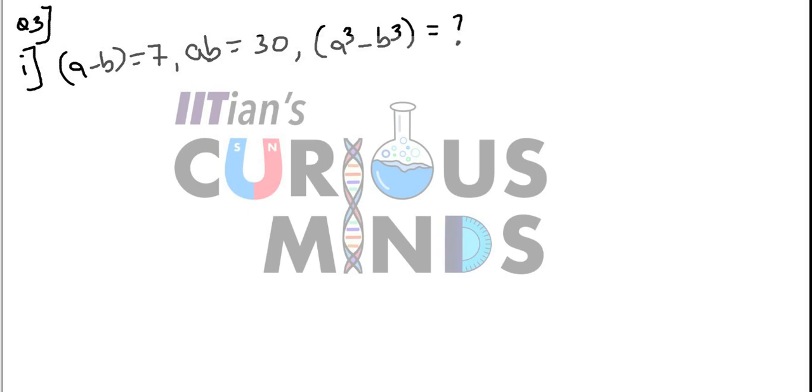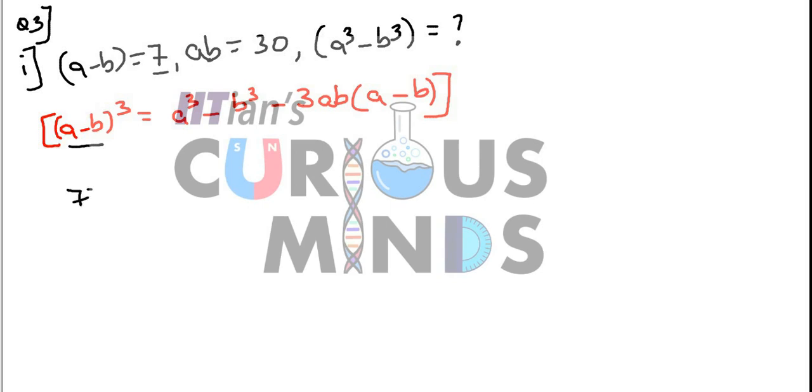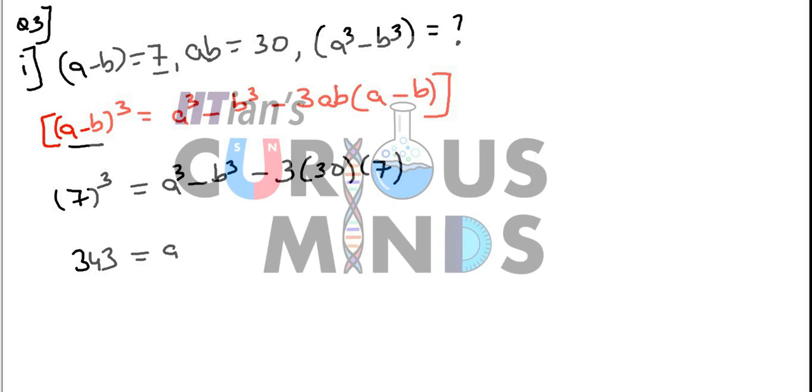We all know that the expansion for a minus b the whole cube is a cube minus b cube minus 3ab into a minus b. Therefore, as per the expansion, the value of a minus b is 7. So 7 cube is equal to a cube minus b cube minus 3 times 30 into 7. Since the value of 7 cube is 343, this is equal to a cube minus b cube minus